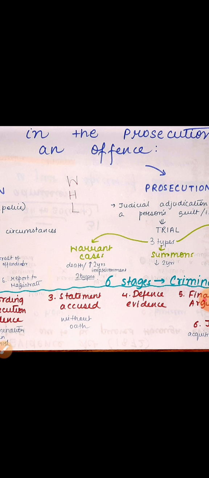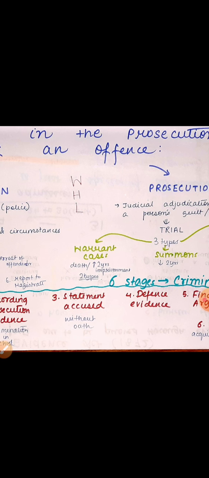Incriminating circumstances are those which pressurize the accused to be a witness against himself or herself. That infringes upon the human right of the accused, and that is strictly prohibited in the Indian Constitution. In fact, under Article 20, we have a fundamental right not to be incriminated whenever we are charged for the commission of an offense. Now, here the statement of the accused is without oath. The purpose of this is to give the accused a reasonable opportunity to explain such incriminating facts and circumstances in the case.